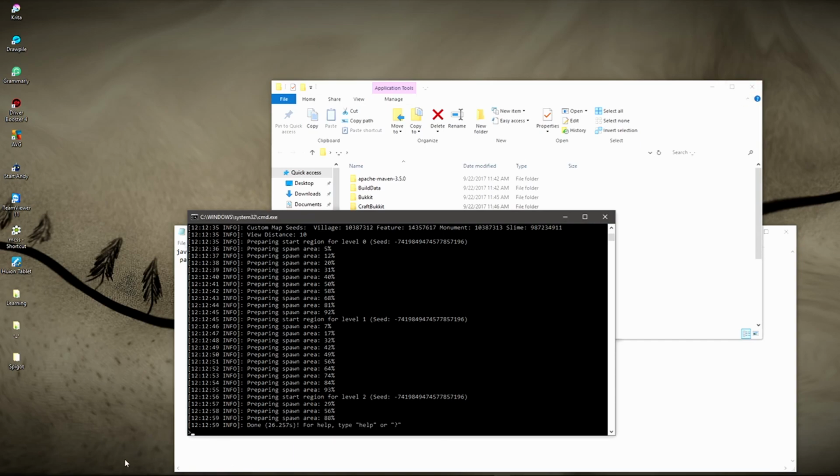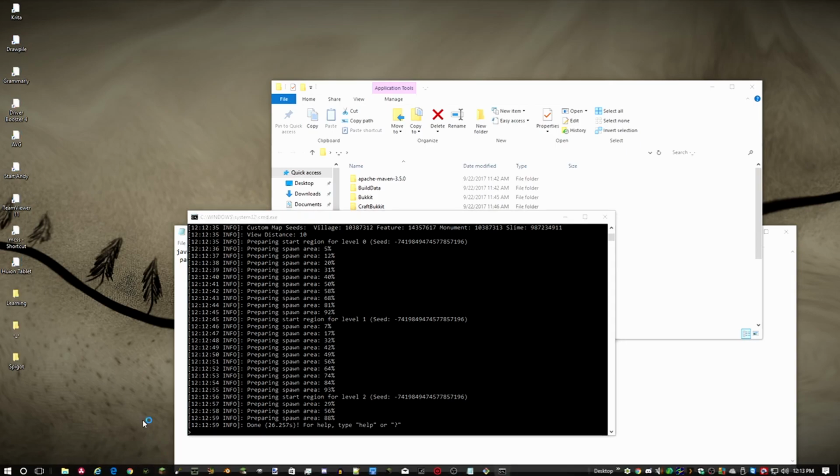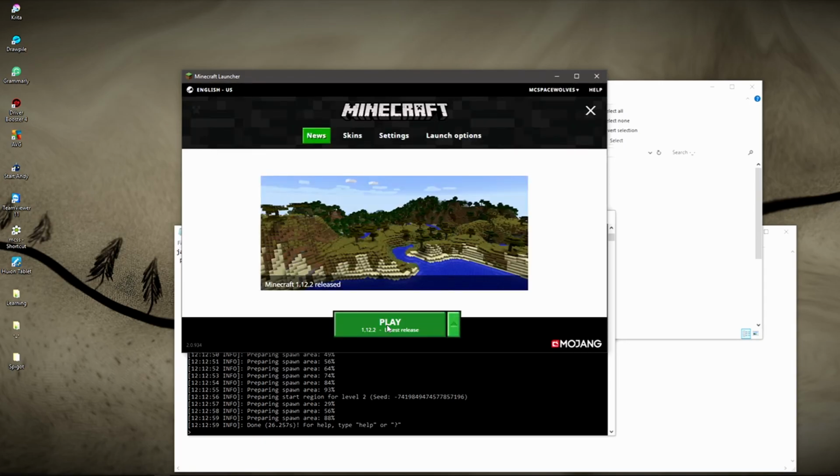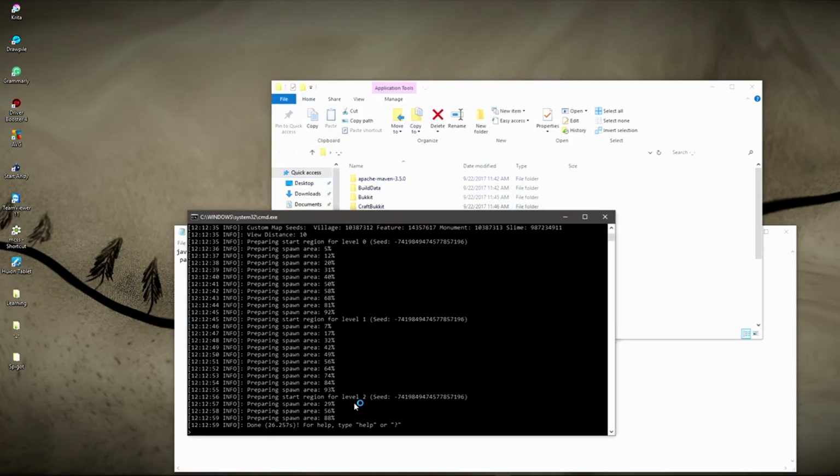So to show that this works perfectly fine, we're just going to start up Minecraft right here. We're going to wait for it to load, and we're going to hit play. Now obviously if you're the owner of the server, you're going to want to op yourself. So I'm just going to ahead of time do op MC